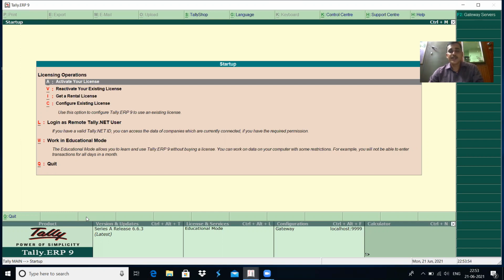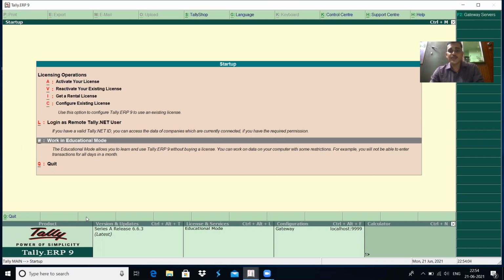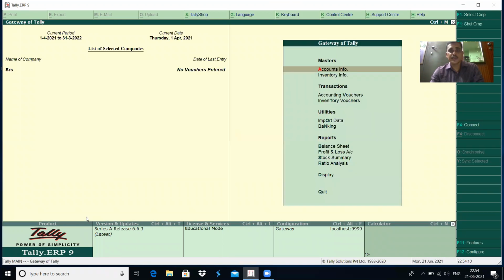When the startup screen appears like this, which happens when you double click on the Tally icon displayed on the desktop, we have to go to work in educational mode by pressing the downward arrow or by double clicking on this option. The Gateway of Tally menu appears.